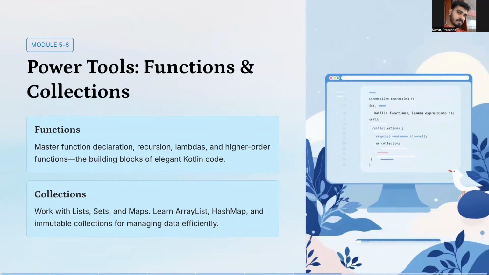And also what are the collections, what are the effective ways of managing the data, right? Using the array list, a map, tree set, a set. Those are like immutable collections. What are the mutable collections? In day-to-day life, when to pick the right data structure when you're writing the program. I will teach you there.